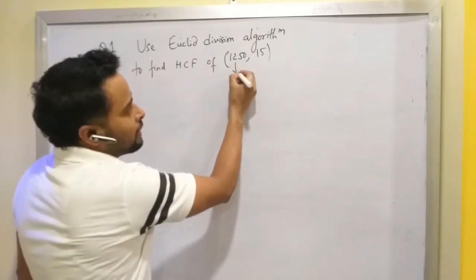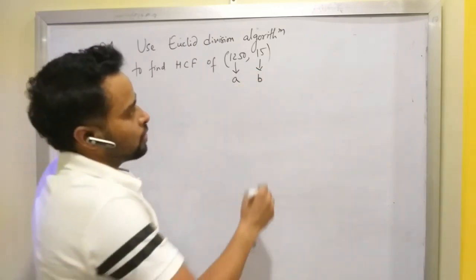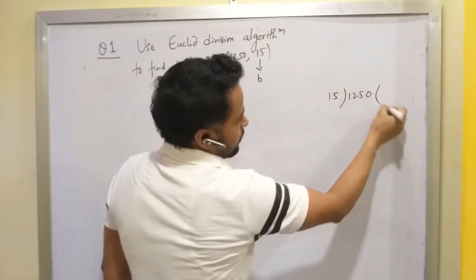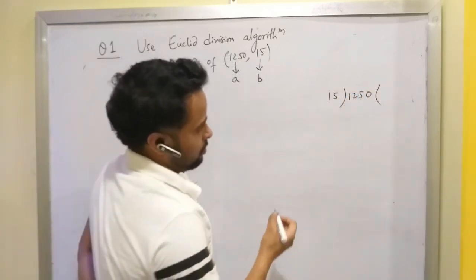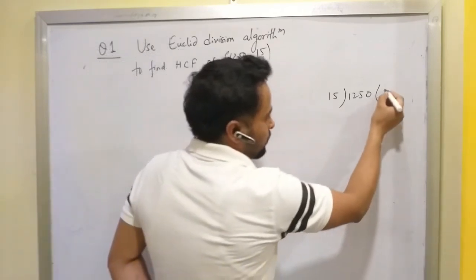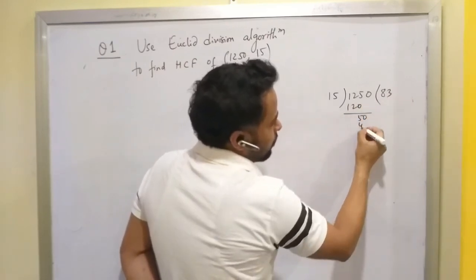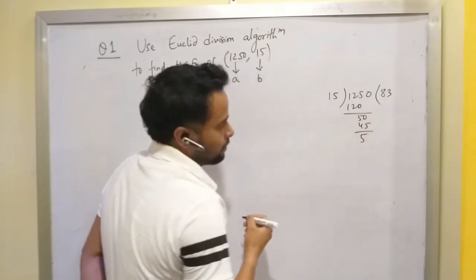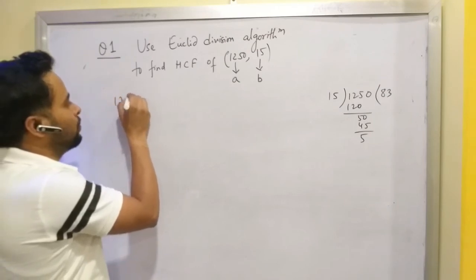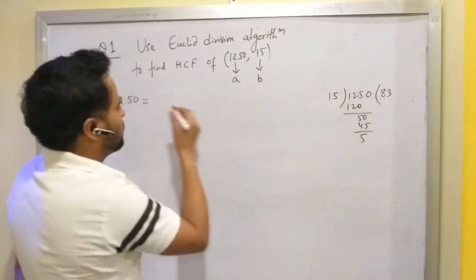So let us identify this as A and this as B. First of all, let us divide 1250 by 15. 15 times 6 is 90, 15 times 7 is 105, 15 times 8 is 120, 15 times 83 is 1245. 5 is remaining. So we can write 1250 equals 15 into 83